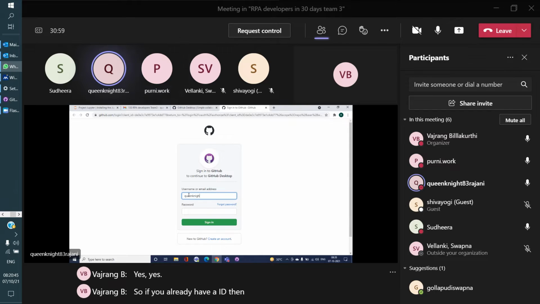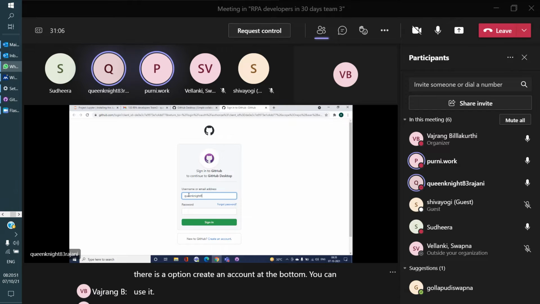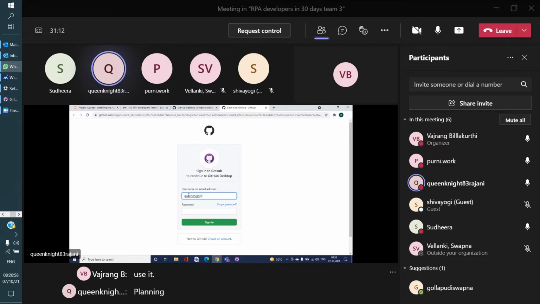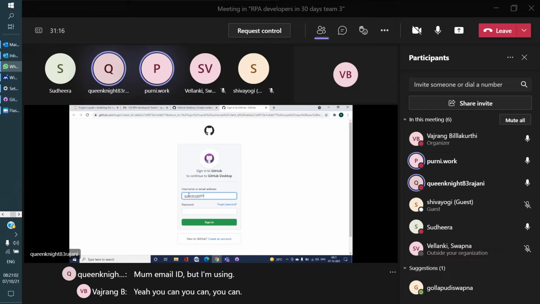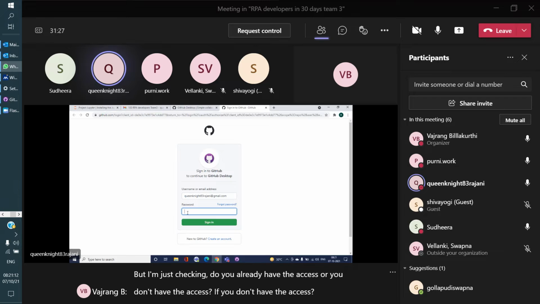Or if you don't have one, there is an option to create an account at the bottom. Should I sign in with the same email ID? You can. But I'm just checking, do you already have access or not? If you don't have access, click on create an account at the bottom.